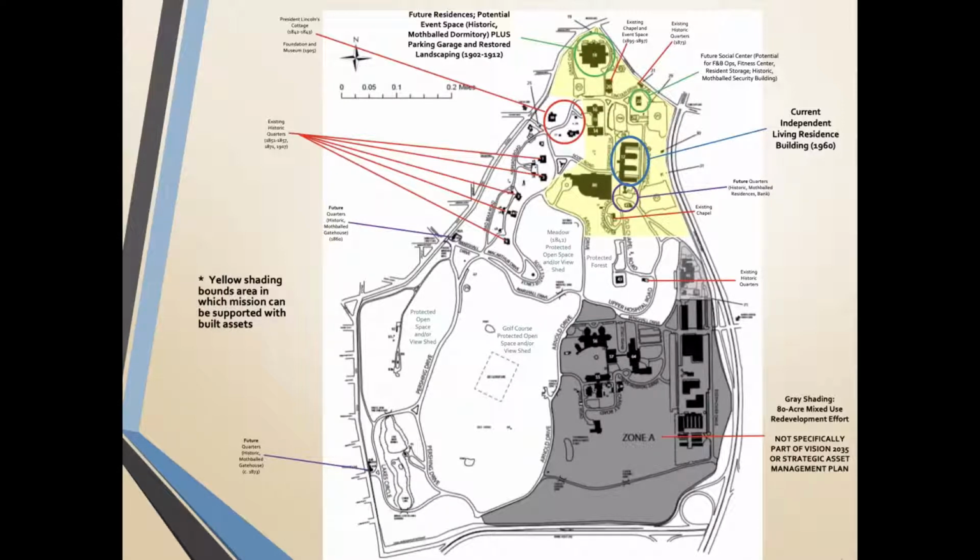The gray shaded area, 80 acres, is going to be redeveloped soon, sort of as a town center with offices, multi and single family residences, hospitality, retail, and medical office space. More than 120 acres is protected open space. Additional acreage is set aside for historic residences and the Lincoln Cottage Foundation. That leaves us, the home itself, with less than 50 acres, or that yellow shaded area at the top, to make smart decisions regarding construction and mission. Next slide, please.